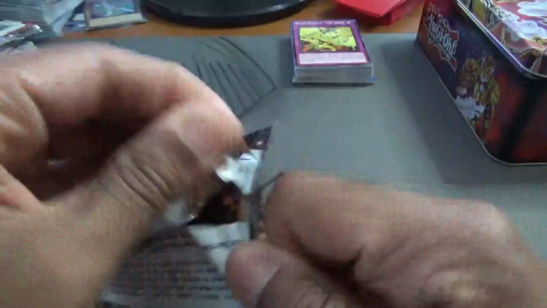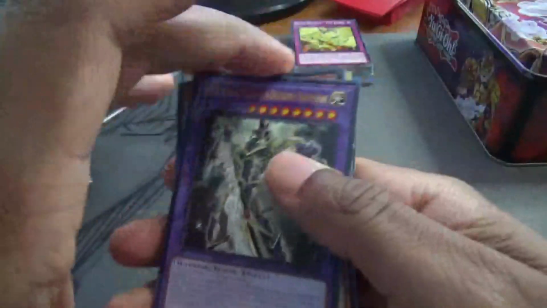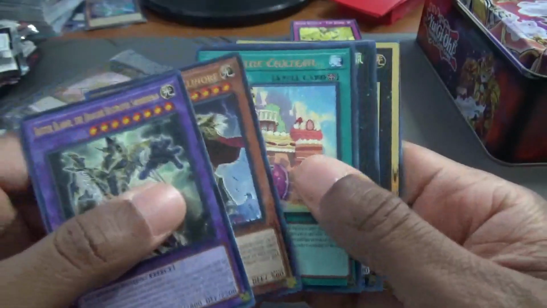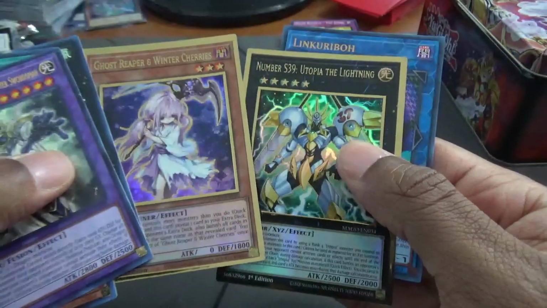On to the Maximum Gold cards in here. There really is only one card that we're looking for, and it's the Barrier Statue. If we end up pulling it, then that will be good for us. So let's see what we got. Noble Knight Pelennor, Medolce Chateau, Harpy's Pet. We have a Ghost Reaper, as well as a...